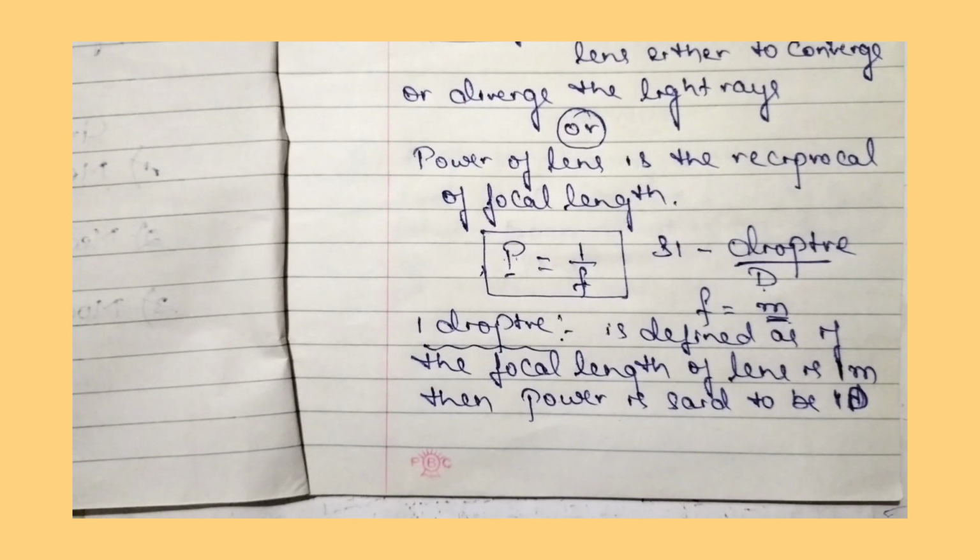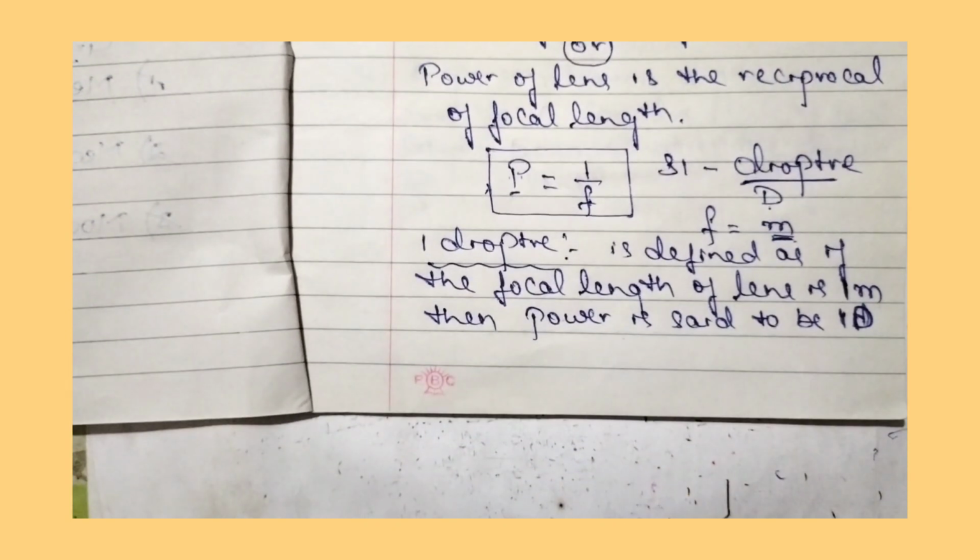So diopter is the SI unit of power of lens. And how to define 1 diopter? If the focal length of the lens is 1 meter, then the power is said to be 1 diopter. So that is how to define 1 diopter. Now next,